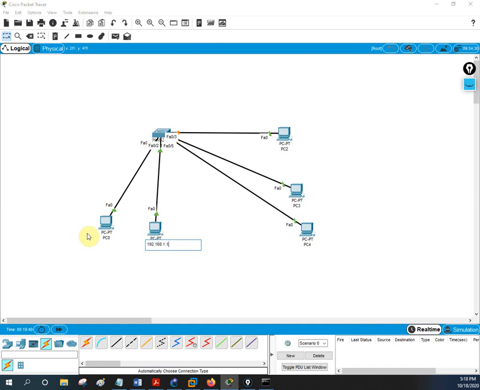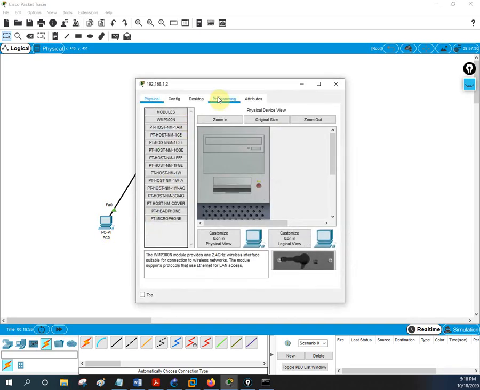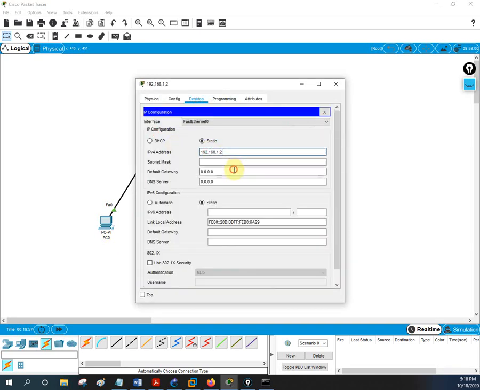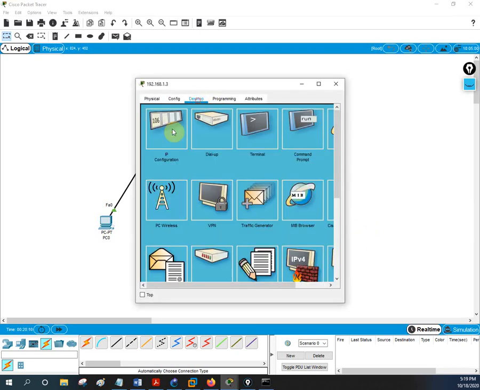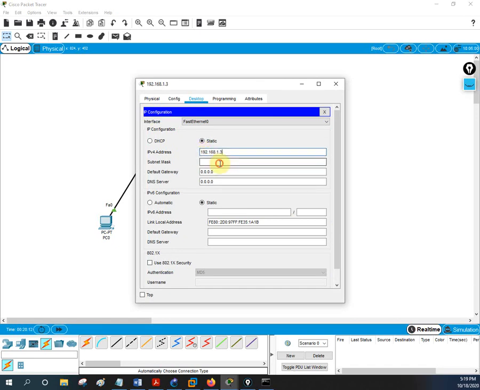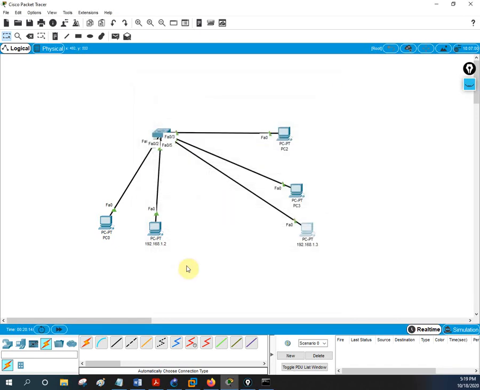Let me write here 1.2, and then I will paste inside the PC. I will assign 1.2 here also. Then we will go to this place, 1.3. Let me assign 3 PCs, so we will have the idea it is flooding in the network. Because I want to make a short video, not a big video. If I do everything, it will take a long time.